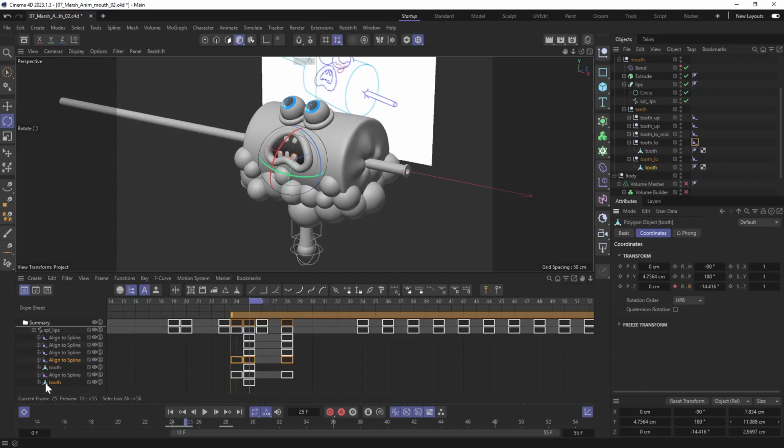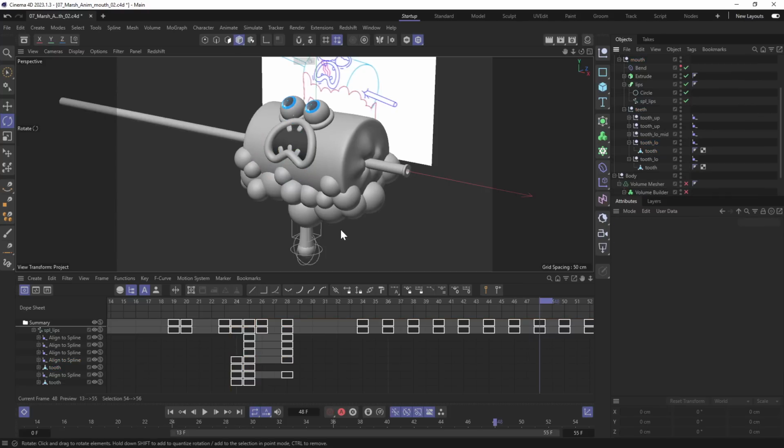After that, I can go to frame 24, rotate it the way I want, and set a keyframe. I'll check other frames, and in my case, everything looks good.